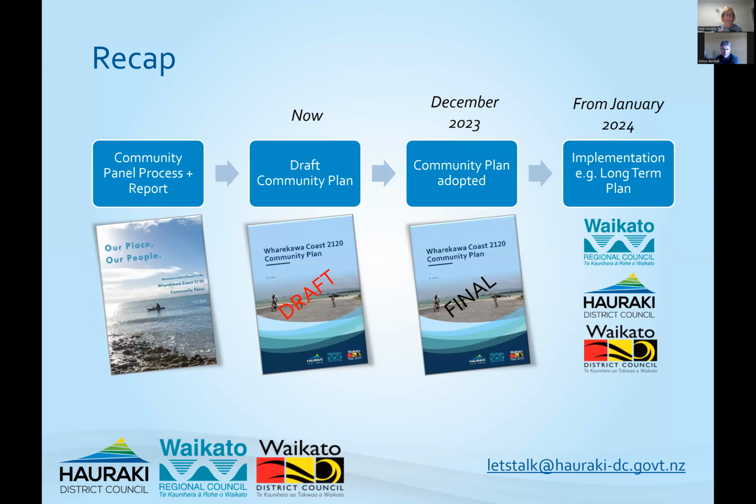So this is done through a number of ways and through a number of different mechanisms that the councils have. So where the actions can be done through existing budgets and projects, like business as usual, then that can go ahead straight away. But where it might be a new project or an increase in budget, then councils need to use the long-term plan. There are other mechanisms as well, such as annual plans and the district plan. But it's important to know that the long-term plan is the key next step.